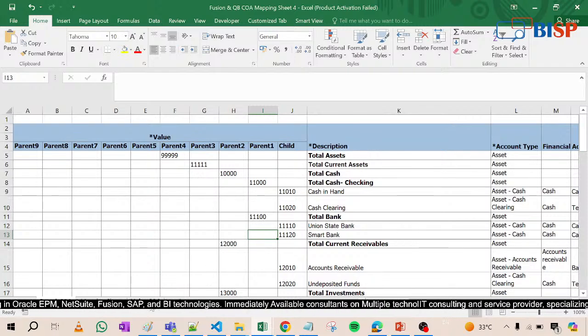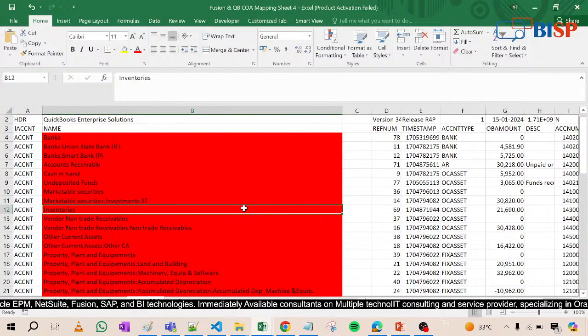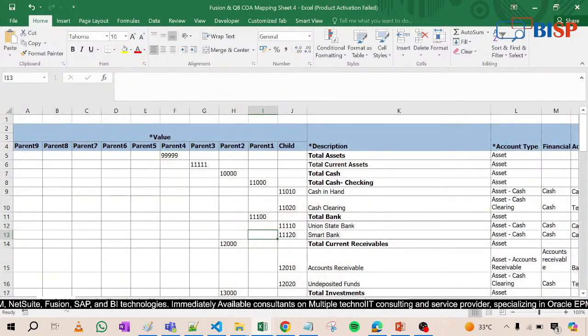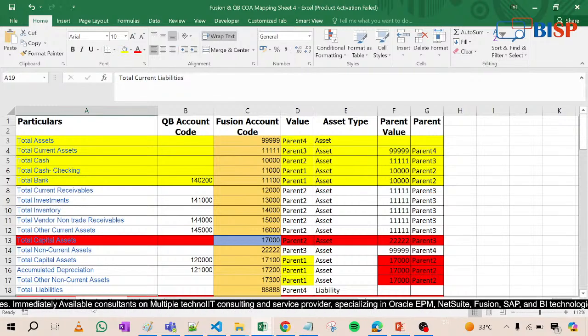Suppose you provide the developer with this sheet from QB and this sheet that we need, and say now you do it. The developer will also be confused about what format you need. So for this we have made a mapping sheet. Mapping sheet means